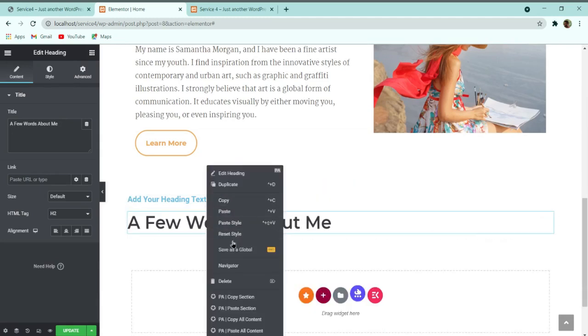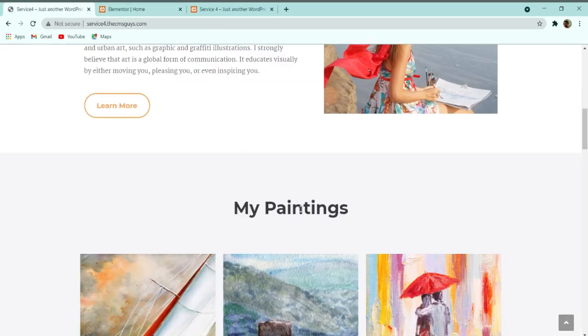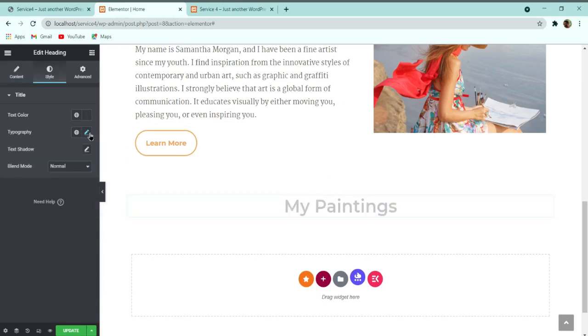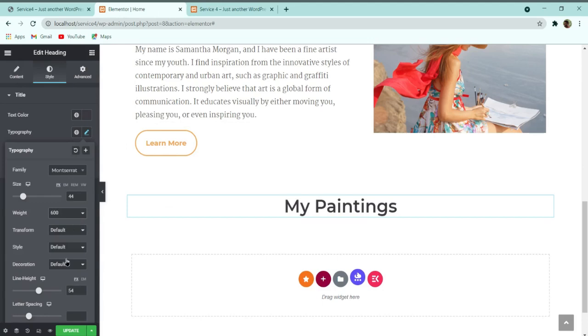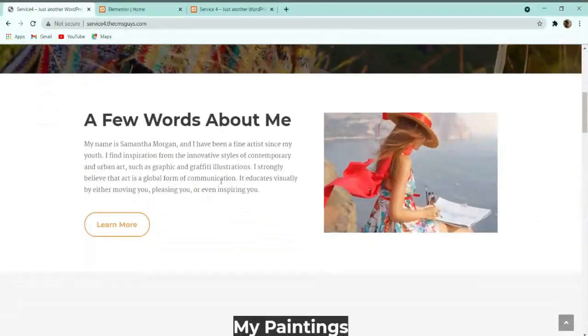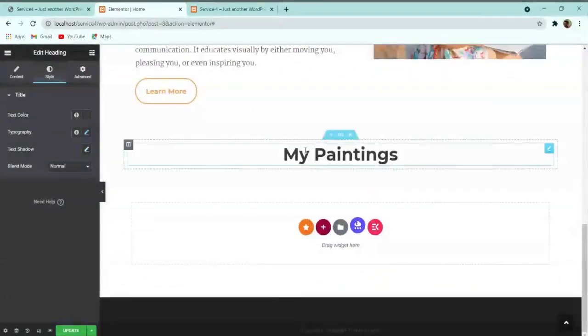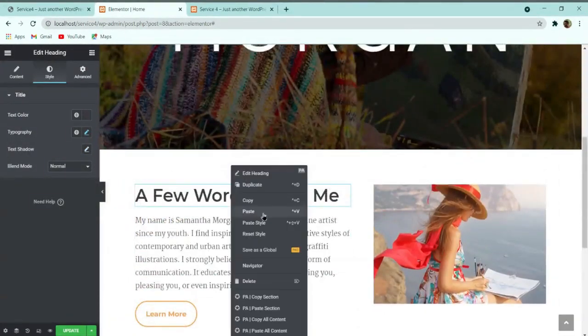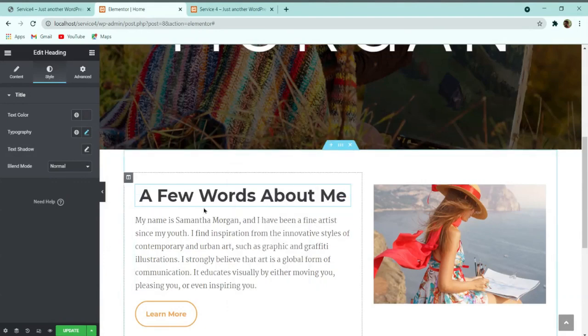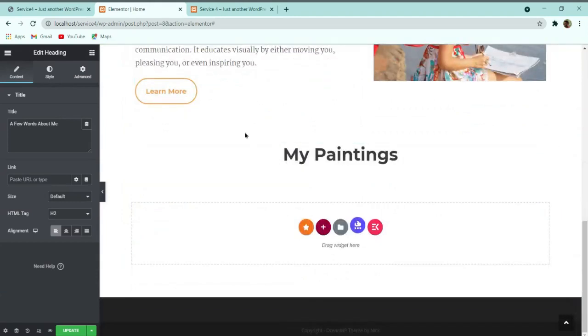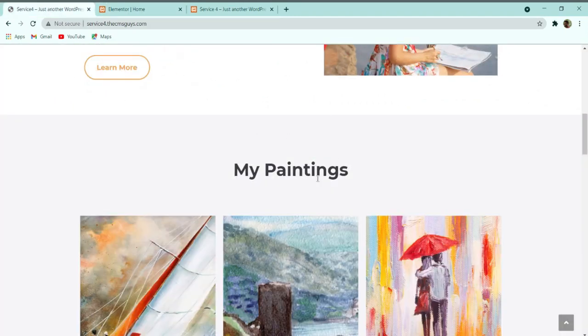So let me delete other things, and here what I will do, let me copy this text from here, and here I will paste it, and I will make the alignment center. And then let's go to the style part, and here we have to increase this. So here you can see that for this one also we have to make it 700. Simply paste style, and here you can see that make it left align. So now let's go to this background setting and change the background color of this section.